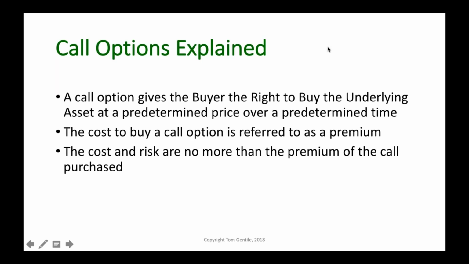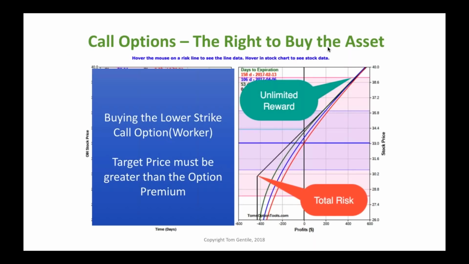So when I look at call options, this gives me that total risk where I buy the lower strike. That's my worker, okay? That call option is my worker. I need it to work. I need it to work in my favor as the market moves higher. Okay, so I know the total risk is what I pay for it, but the target price, what I'm looking